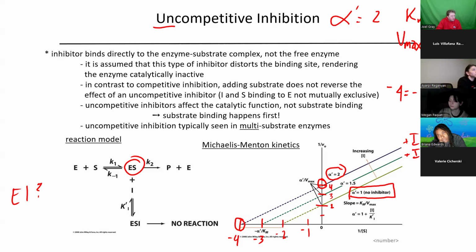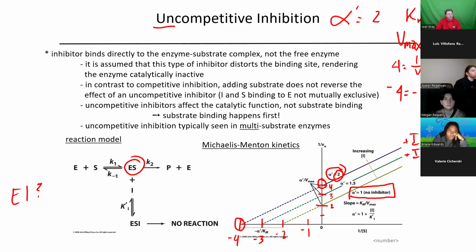Then for my next one, my number is effectively the same. My 4 equals 1 over Vmax. So I think this number right here, that 2 that I just circled, we kind of don't need to worry about that. The reason we don't need to worry about it is because that number is useful for telling us